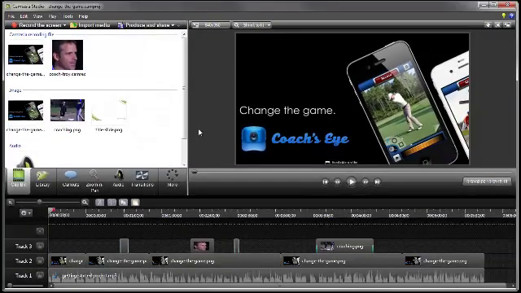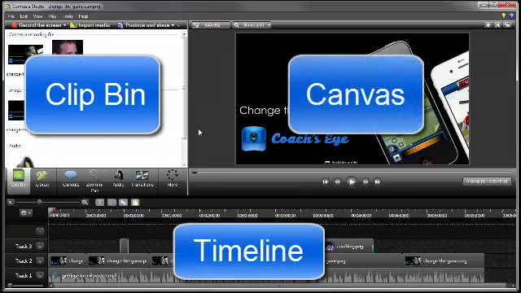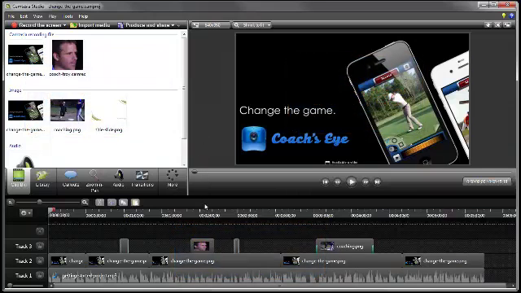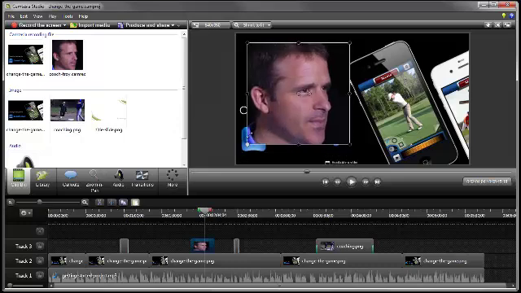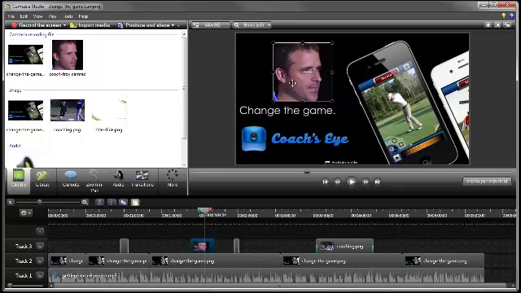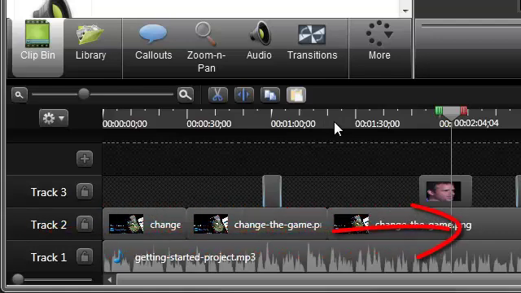The editor is divided up into three main areas: the clip bin, the timeline, and the canvas. The canvas is where you see your video during playback and can move, resize, and reposition all media however you want. The timeline is where you assemble and edit your video. At the top of the timeline, tick marks represent time in terms of minutes and seconds. When building a video, you'll work in a horizontal manner, beginning from the left and moving sequentially through time toward